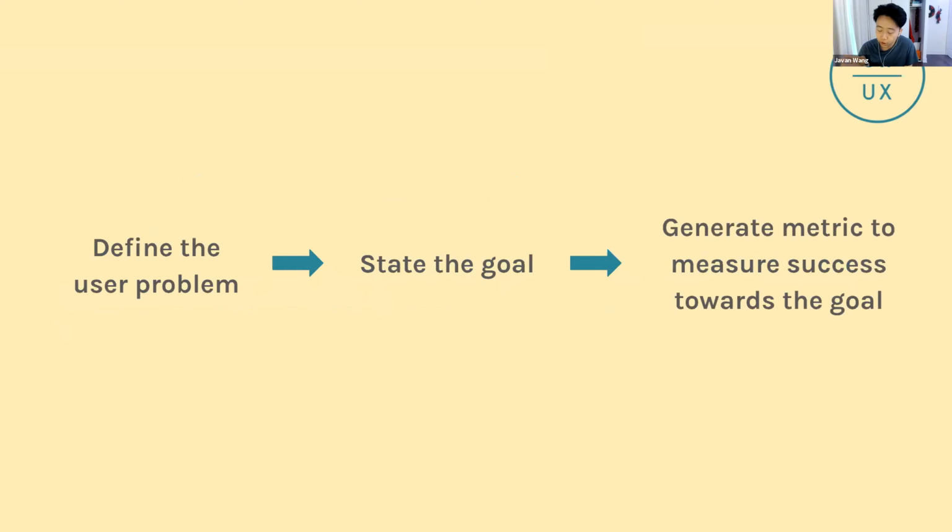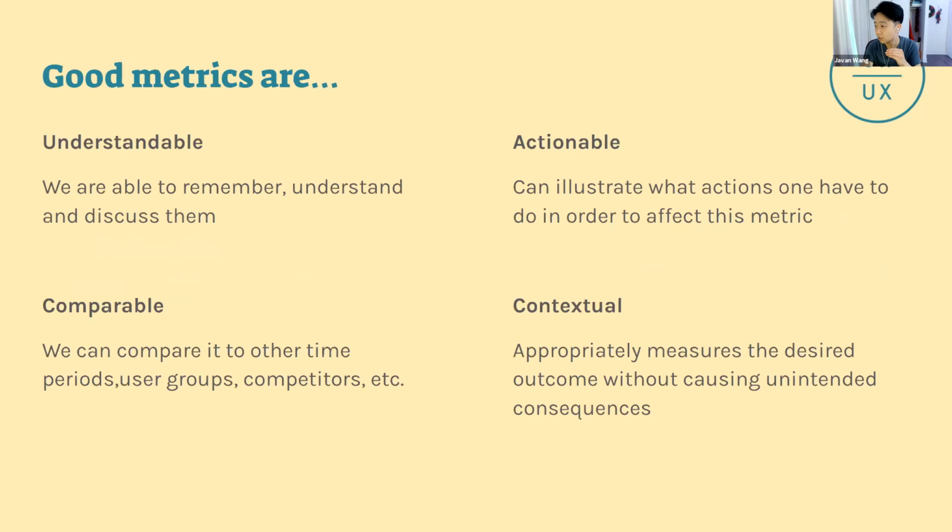The way I like to approach metrics is, as Matt mentioned earlier, you always want to define the user problem first. Once you have a better understanding of the problem, you have the zero on that progress bar, and your goal will be what your 100% state would be. After you have the 0 and the 100, you have a vision of where you're going, a soft direction, and you can generate a way of measuring success towards that goal. So if you're saying, hey, my lemonade stand is not doing so well, we want it to be more successful, we want it to make, let's say, $1,000 a month, how much money you're generating per month, that's the metric you're measuring for tracking towards that goal.